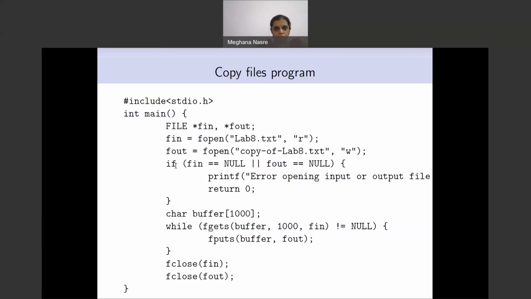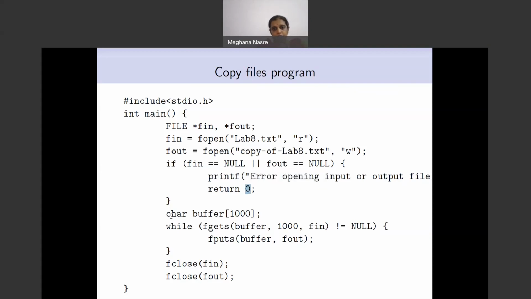Now you are also going to check whether the streams that you have been returned are indeed valid streams, that they are not null. If even one of them is null, then we are going to print an error message. This printf, remember that it is writing to the standard output. You could have replaced this by saying fprintf stdout, but that's okay. And then you may also want to send a return code. At this moment we are sending 0, but you may want to send a return -1 or something. Okay, now